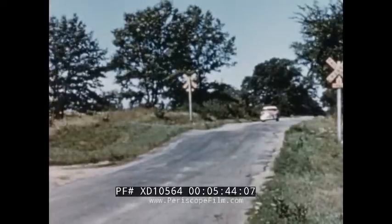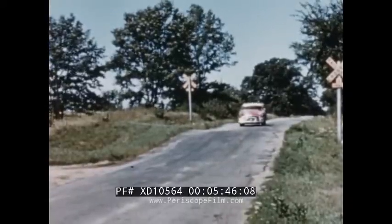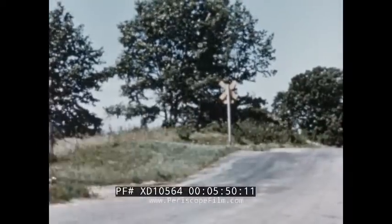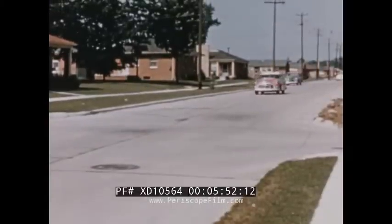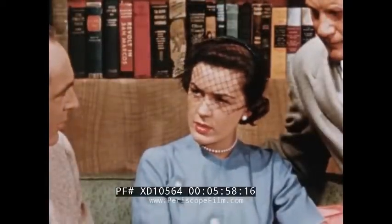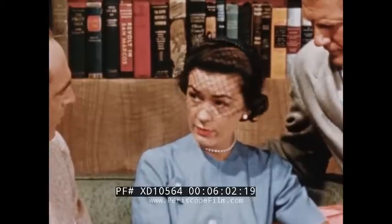Let's say you're going up and over a railroad grade crossing. The back end pitches up, then slams down and hits bottom. Or you come to a dip in the road. The back end hits bottom, then pitches up and out. You know, one time I threw the children, the dog, and some packages right off the back seat on the